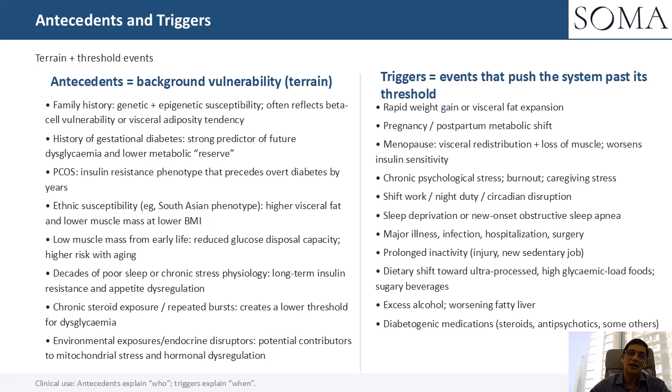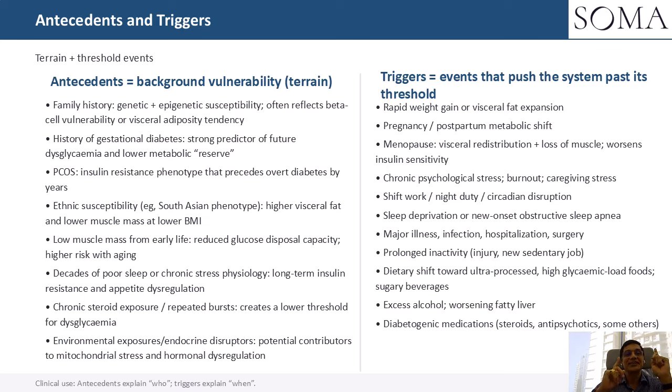So antecedents are your background map. They tell you this patient has a lower threshold, but this is very important, antecedents alone do not create diabetes. Many people have antecedents and never develop diabetes. That brings us to the next layer,